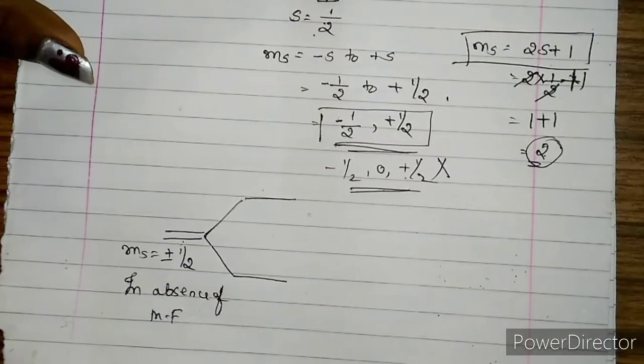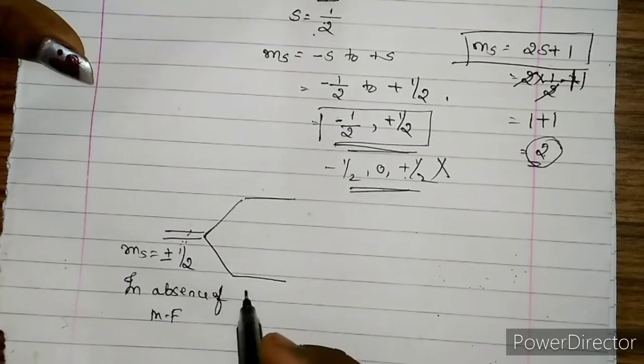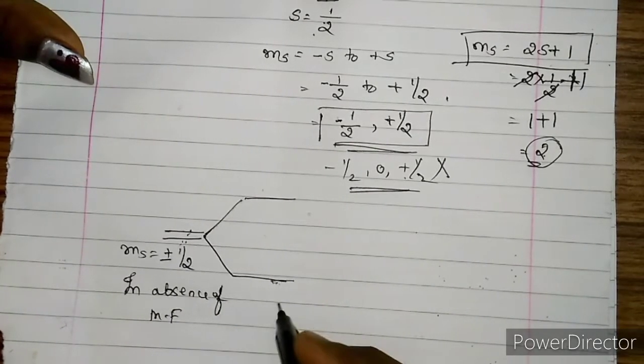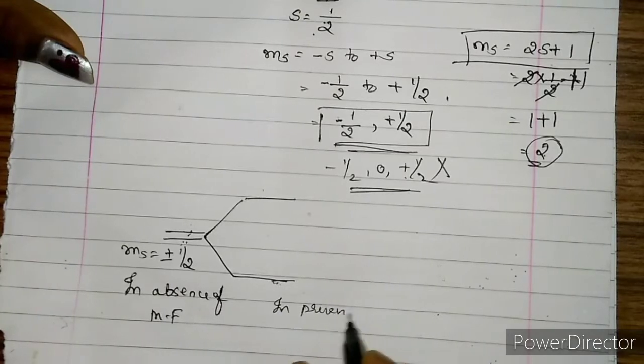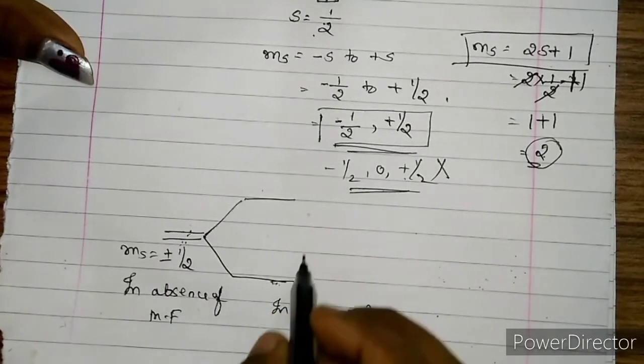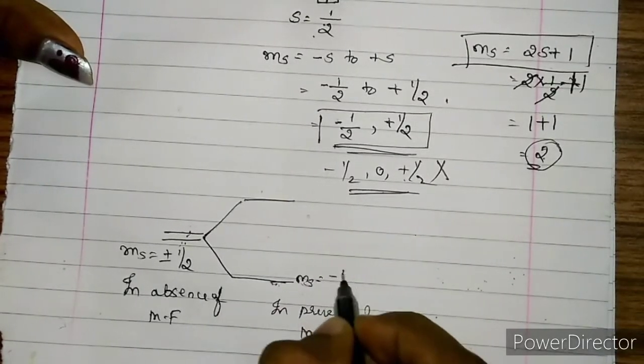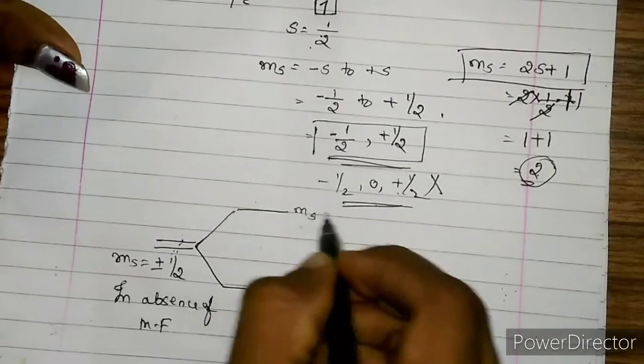The MS values are initially degenerate, but once you apply the magnetic field, they split. This is in the presence of a magnetic field. This level has MS equal to minus half, while this level has MS equal to